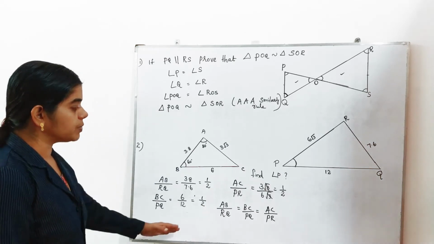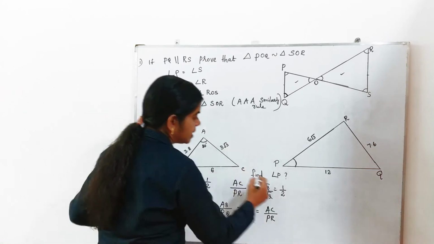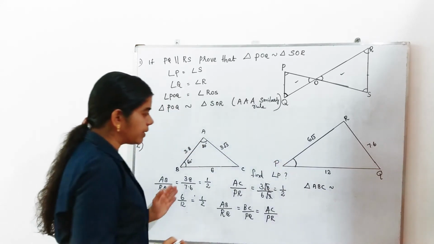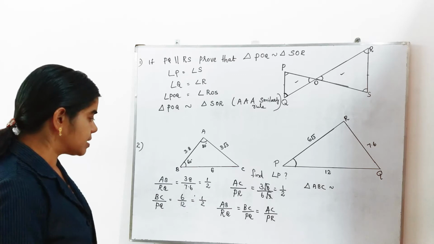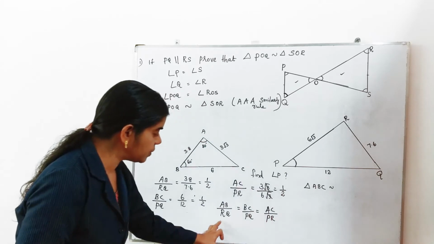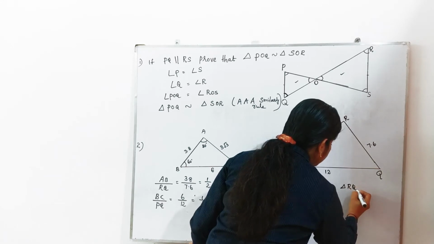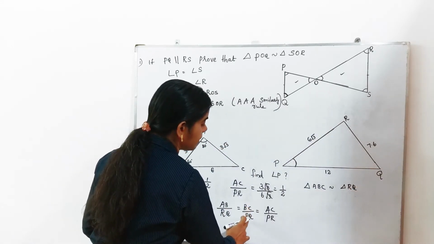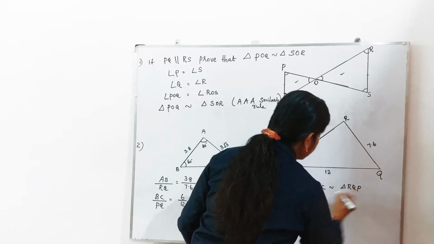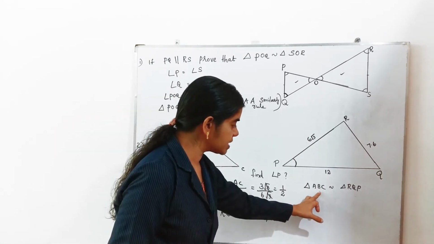Then next I am going to write the similarity. Triangle ABC similar to triangle... can you write PQR? Just look. Here AB's corresponding side is RQ. Here I have written AB, so first you want to write RQ. Then next will be BC by PQ. Here BC, so what you want to write here? PQ or QP, both are same. AB by RQ you want to get, so first AB then RQ.